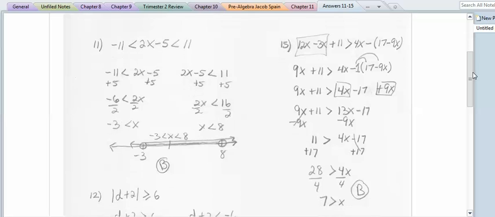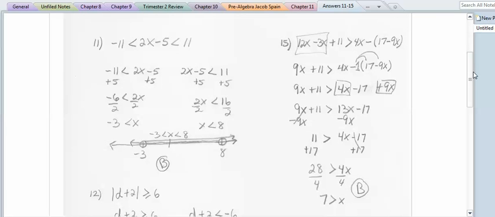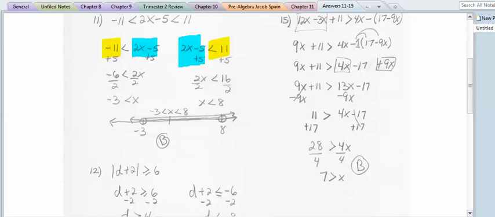Okay, starting with the 11. This is a compound inequality. It's an "and" compound inequality. So I wrote both ends, and then I repeated the middle term, and now I just did the math. Once I do that, I found out that my answer choice is B, and so I have -3 is less than x, and x is less than 8, and I squish those together to get this answer choice, and that's what you'll find on the